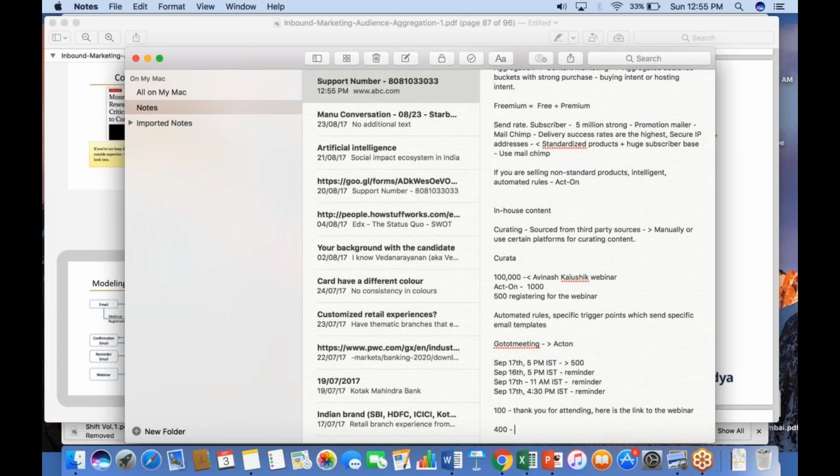So all of this is the entire customer journey. The starting point is the 100,000, the list of all the people who have some kind of passing interest in digital marketing, right down to the 100 who attended the webinar and the 400 who registered but could not attend. Setting up rules which map out all of the interactions at specific points in time to all of these people during the entire life cycle is what mapping a customer journey is all about. You can automate all of this through marketing automation platforms such as Acton or Mailchimp. Does this make sense? Any questions? Was this clear enough?